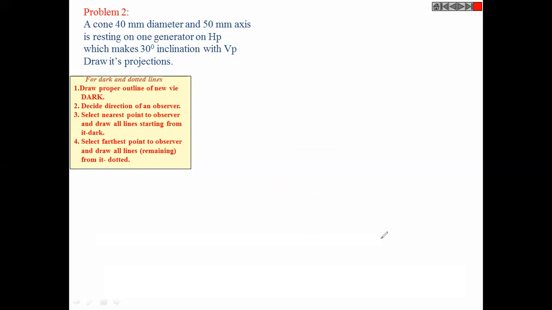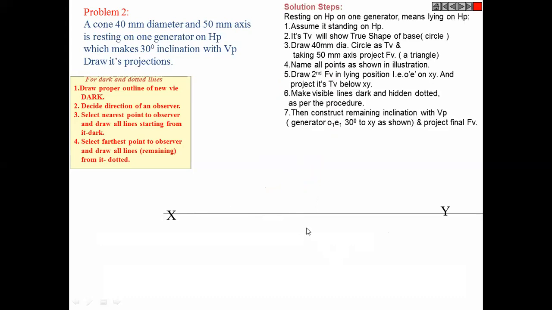So how will we start? First of all, what is the first step? The XY line. So we'll draw this XY line. Now, the top view of a cone is a circle, isn't it? So the first view we should start with is the one where we can actually see the true shape. In which view can we see the true shape here? Top view. That's why we started with the top view, and the top view is shown in the horizontal plane.